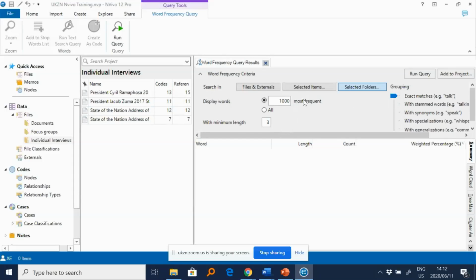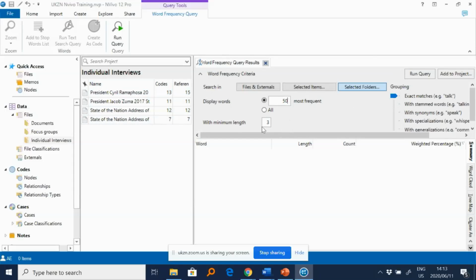This is very flexible. You can change this setting. So I will change it here to 50. Instead of the 1,000, I say, NVIVO, show me the 50 most frequently occurring words across these 4 data points or data sources that I have here.